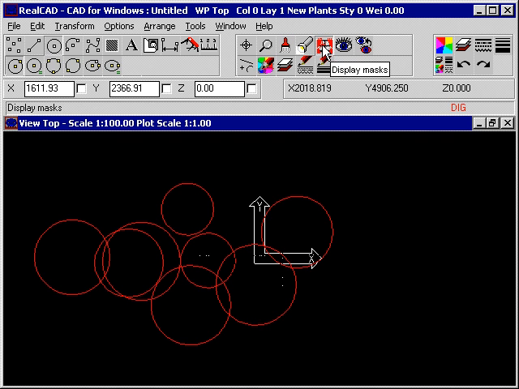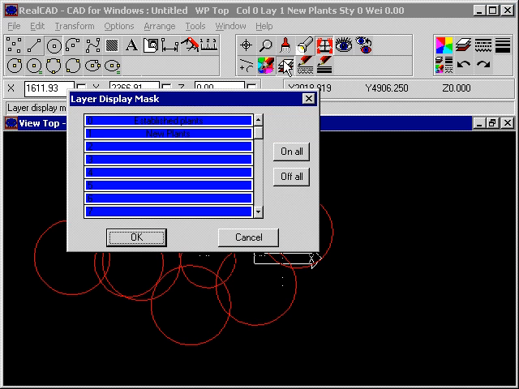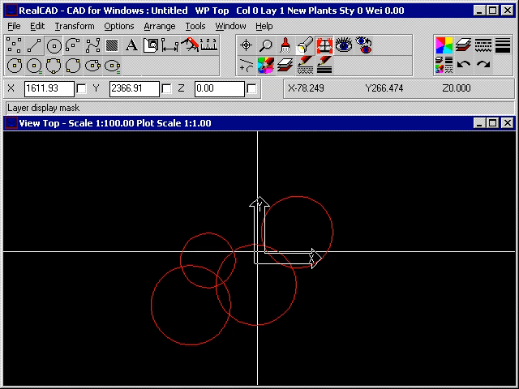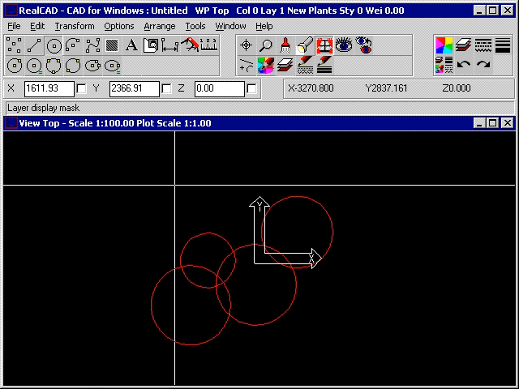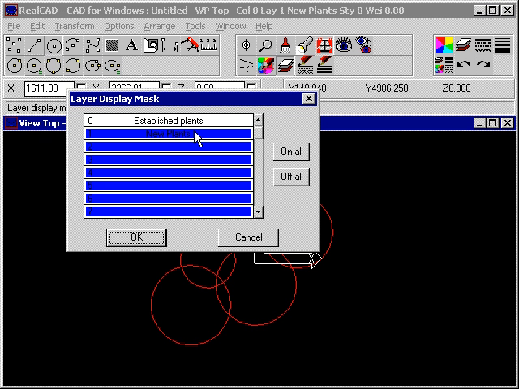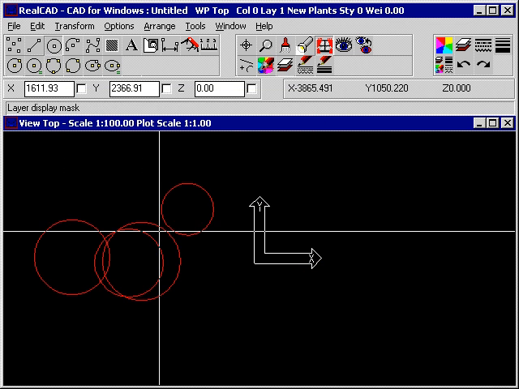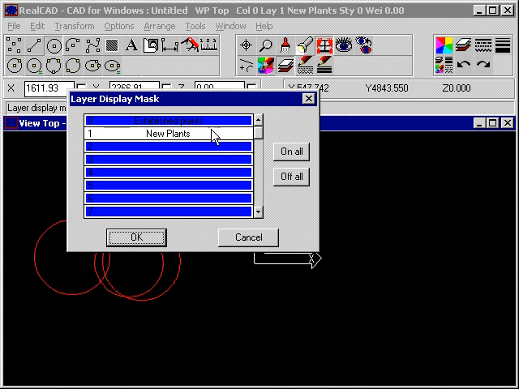By choosing the Display Masks tool and selecting the Layer Display Mask, we can, for instance, switch off all Established Plants. They are no longer apparent on the screen, whilst actually still being part of the model. We can also switch off New Plants and switch on Established Plants. We can also switch everything on,